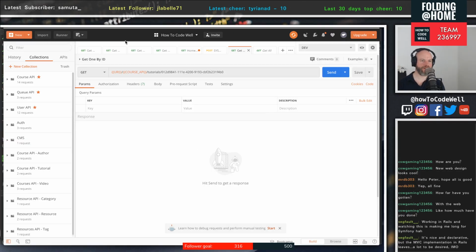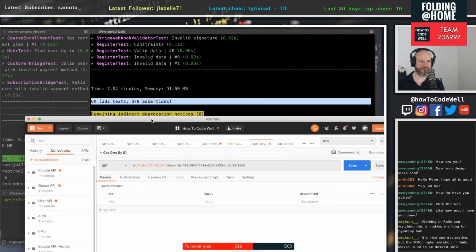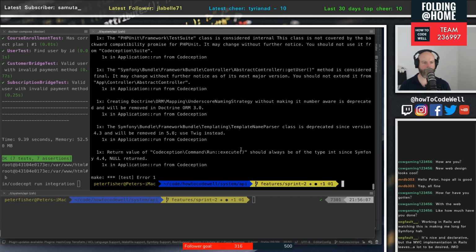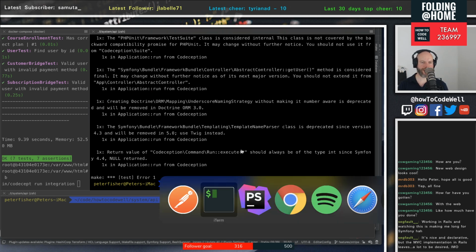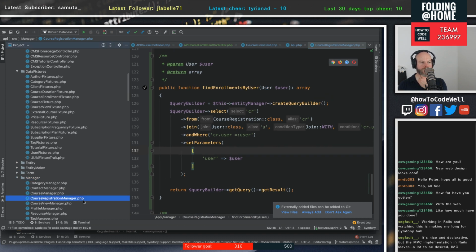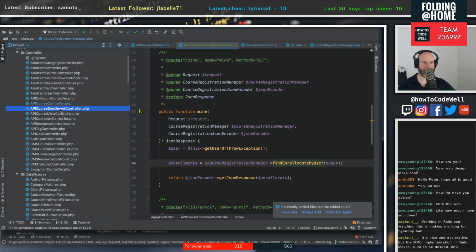So what I'm going to do is run a test. I won't use Postman in it now. We will run the test first, and then we'll do the integration test. Yeah, we'll kind of work backwards, which is probably not the best way to do it. But I just want to make sure that